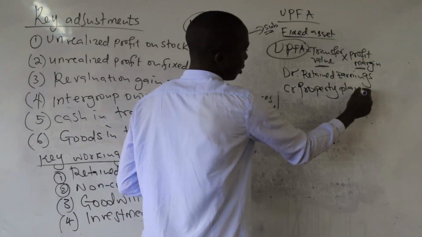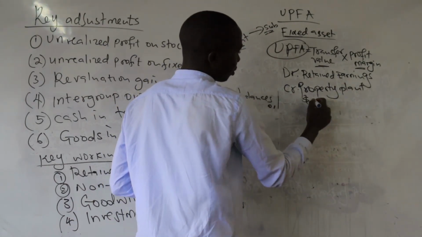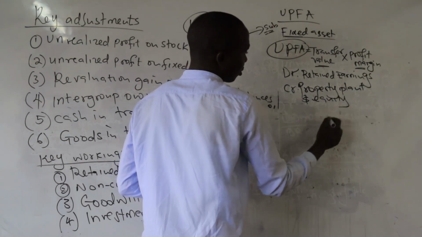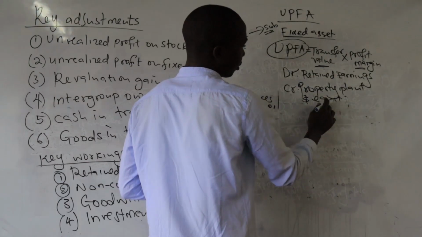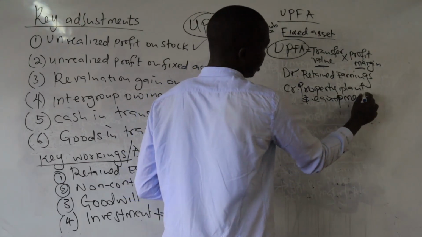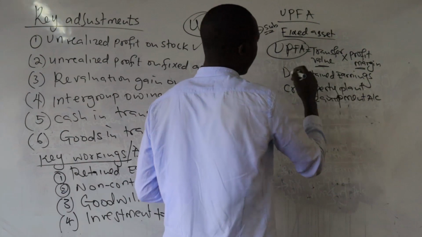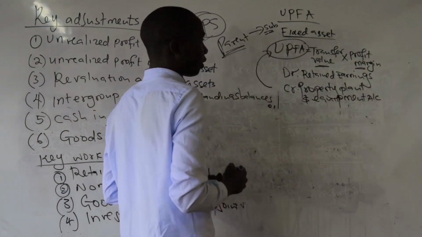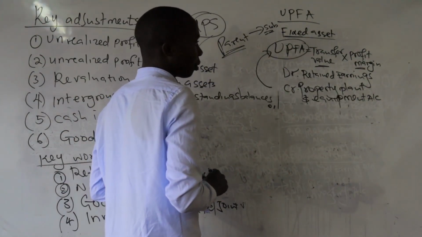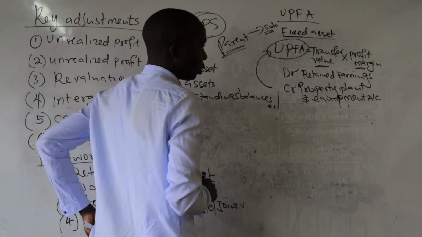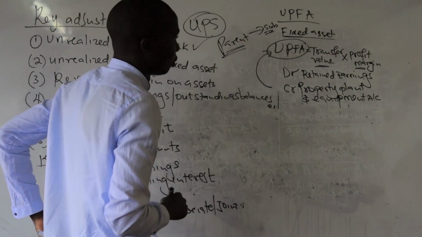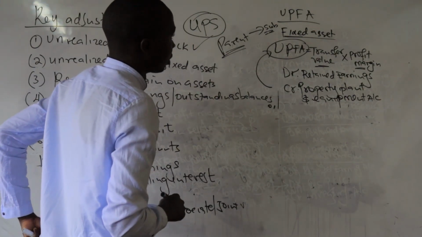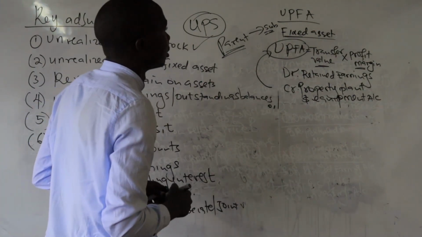Property, plant and equipment account, not equity, sorry, with the aspect of the UPFA. So due to the sale of this fixed asset,